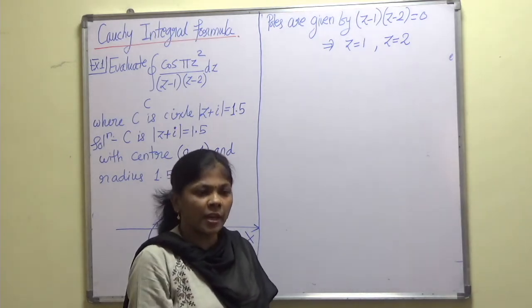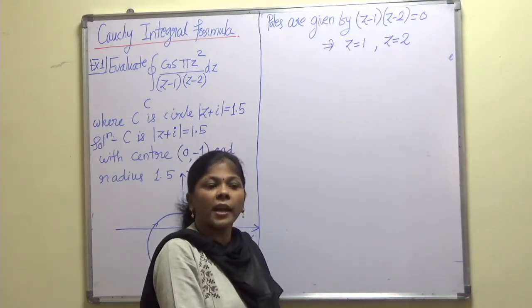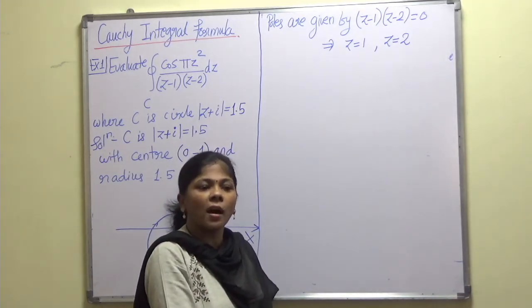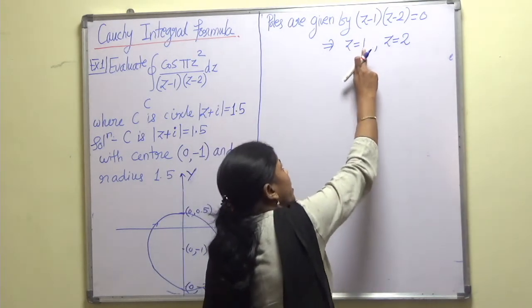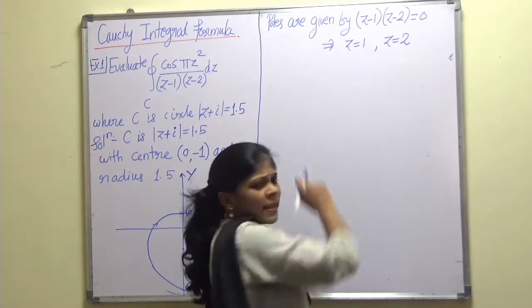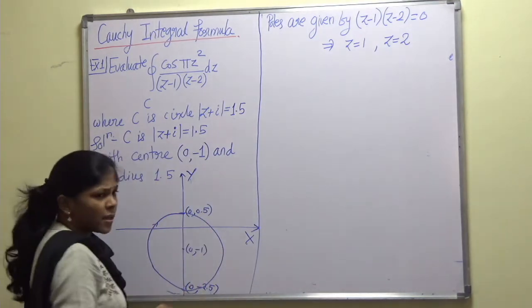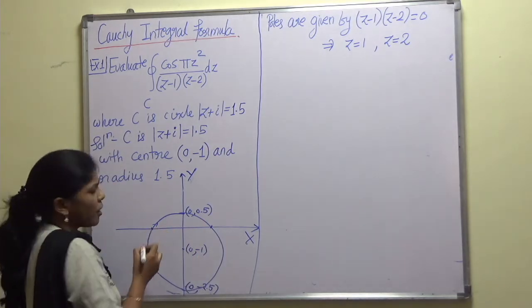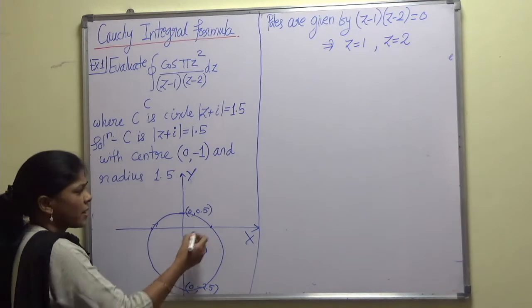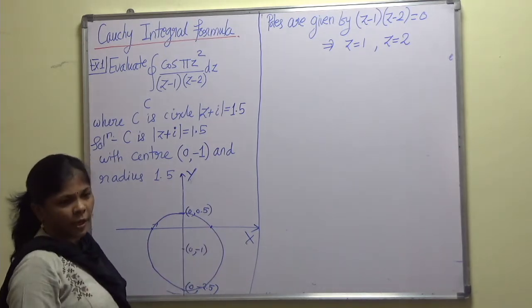Now let us have the next step, that is to see their location, whether it lies inside or outside the circle. Okay, now as z = 1 is completely real, it will be as good as x = 1, right? x = 1, where does it lie? So before that we need to find out what is the point of intersection of this circle with the x-axis, because I don't know what is the coordinate of this point, right?